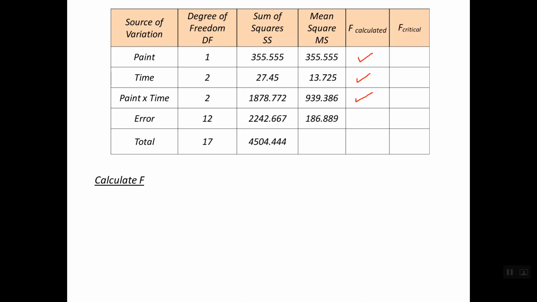Simply, you get it by dividing the mean square by the mean square of the error, and the mean square of the error is this value,